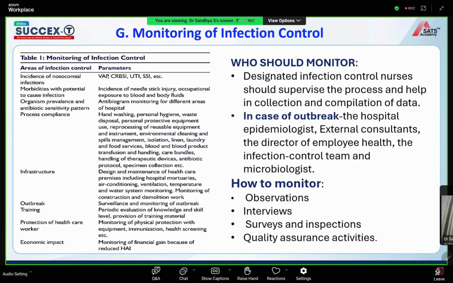And who should monitor? Normally, a designated infection control nurse should supervise the process. And in case of an outbreak, the hospital epidemiologist, the external consultants, which include the ICU consultant, the director of employee health, as well as the infection control team and microbiologist should be in the team. And how to monitor? You can do simple observations, which can be blinded or unblinded. Then interviews can be done, surveys and inspections can be done, and quality assurance activities should also